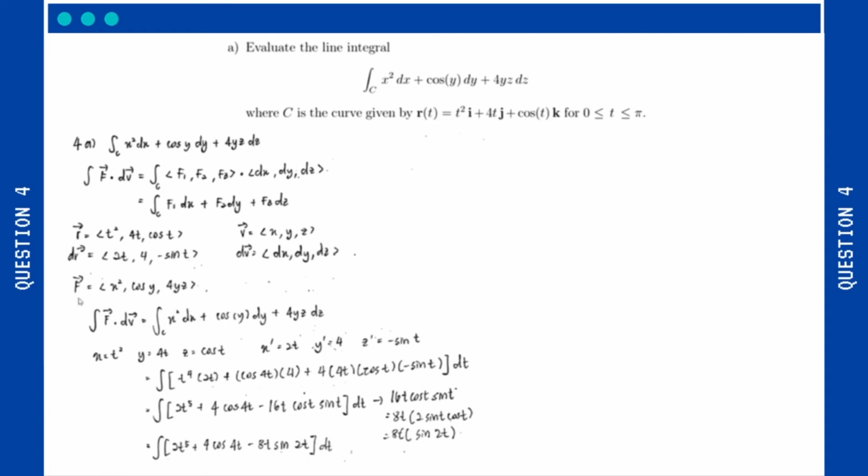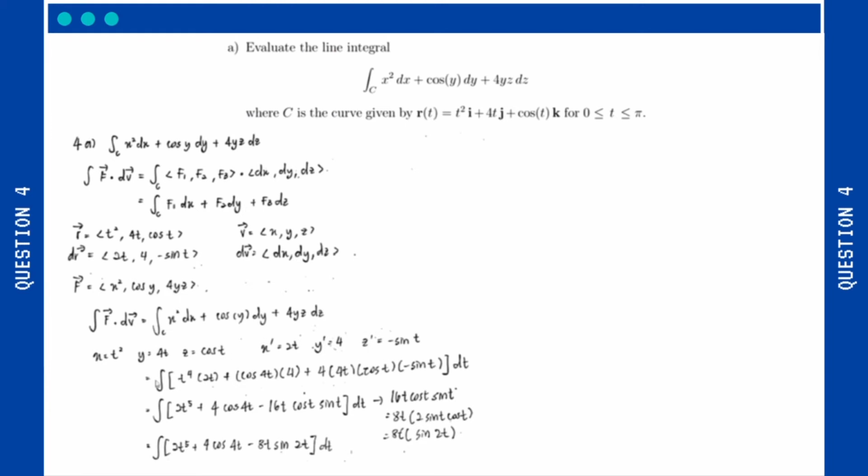So F is equal to x squared, cos y, and 4yz. So the integration of x squared dx plus cos y dy plus 4yz dz, we substitute x is equal to t squared, y is equal to 4t, and z is equal to cos t. So in order to find x prime, y prime, and z prime, we need to differentiate all of x, y, and z, which we will get x prime is 2t, y prime is 4, z prime is negative sin